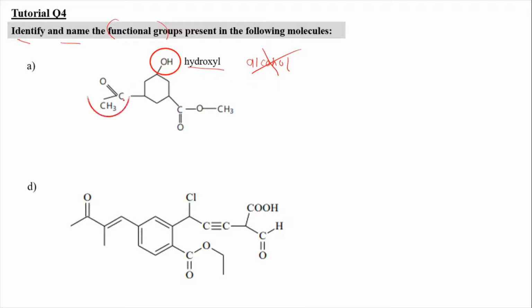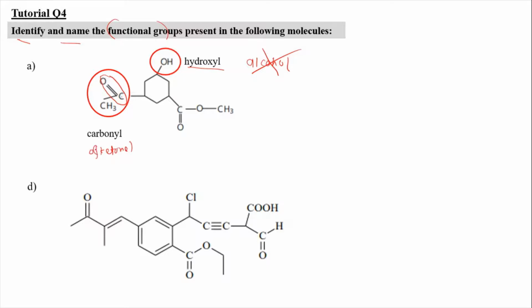Next, functional group is the C double bond O here, where the C double bond O here refers to the carbonyl, and this attached with a CH3. So you can say that it is a carbonyl of ketone. Okay, so you can circle as C double bond O, and if you circle CH3 here, you can bracket this